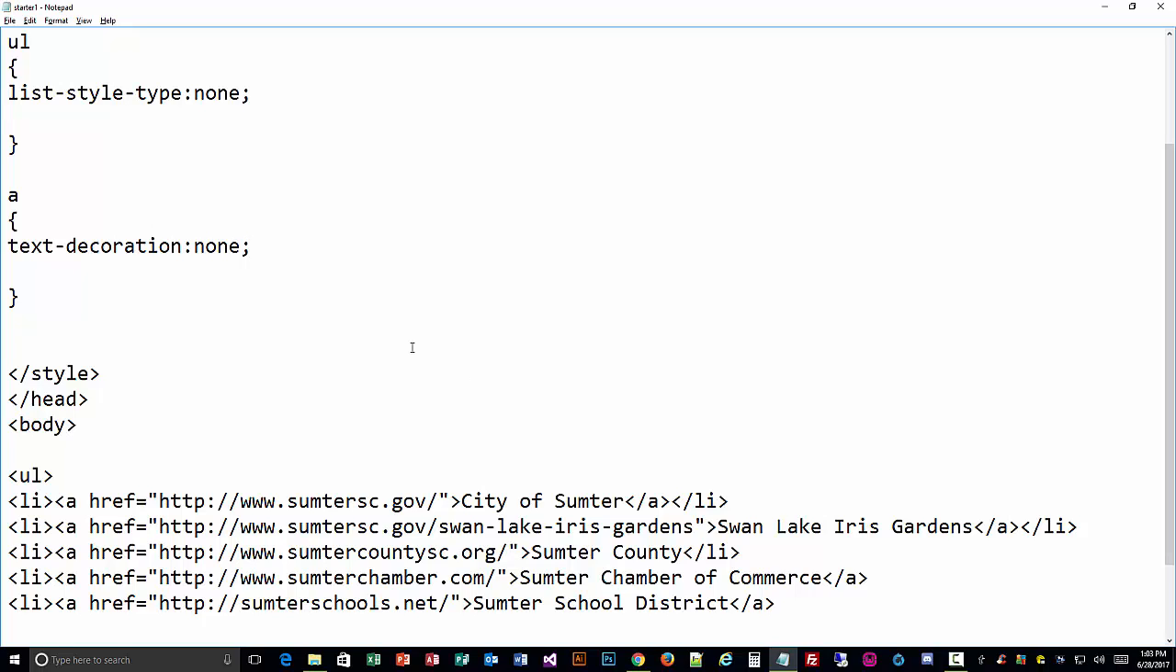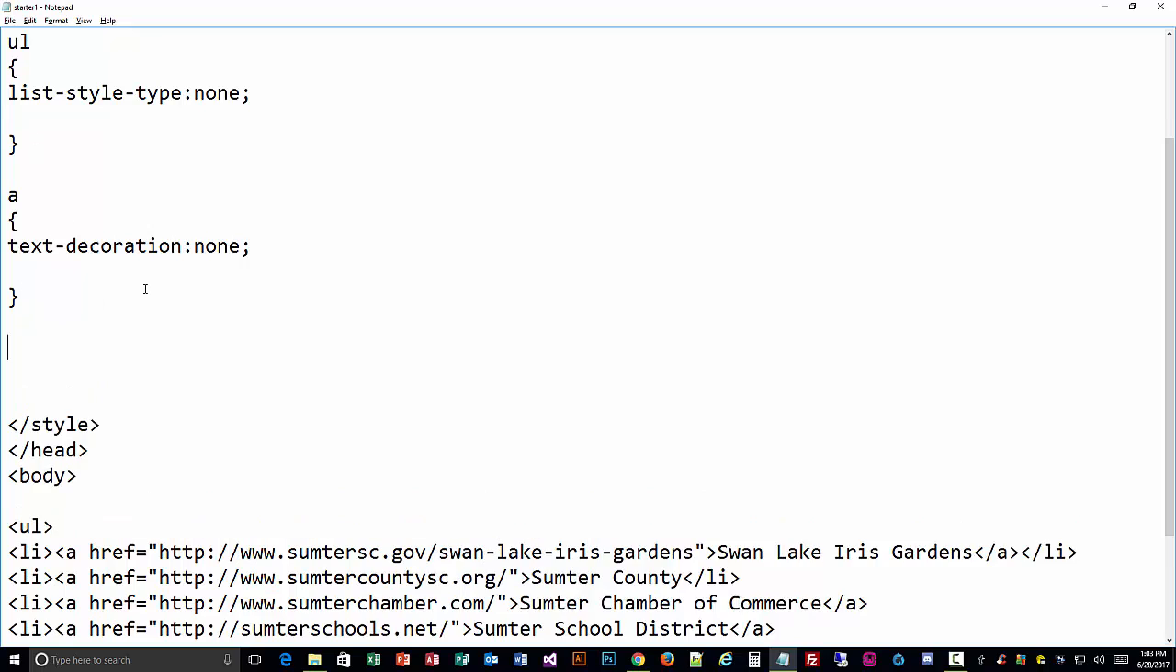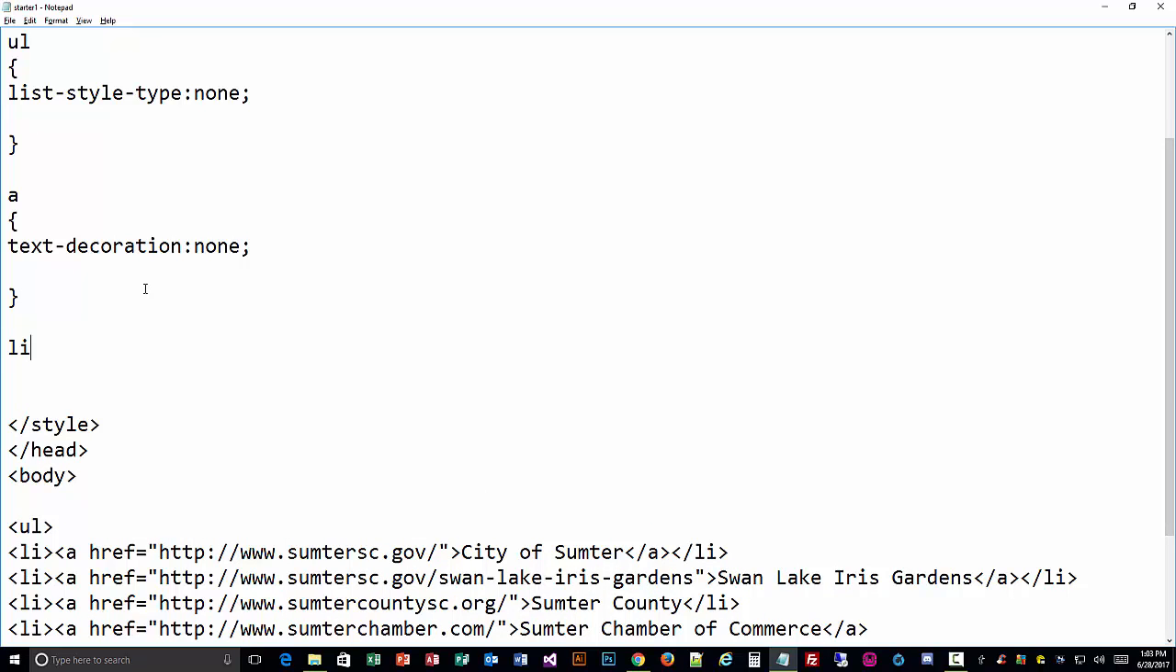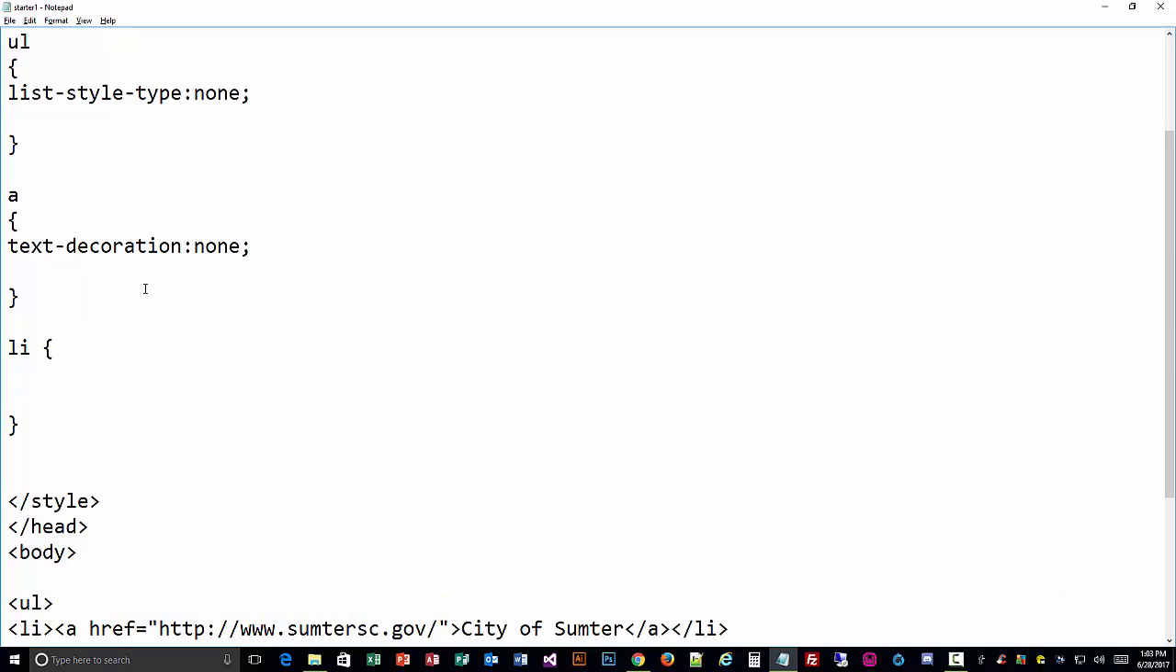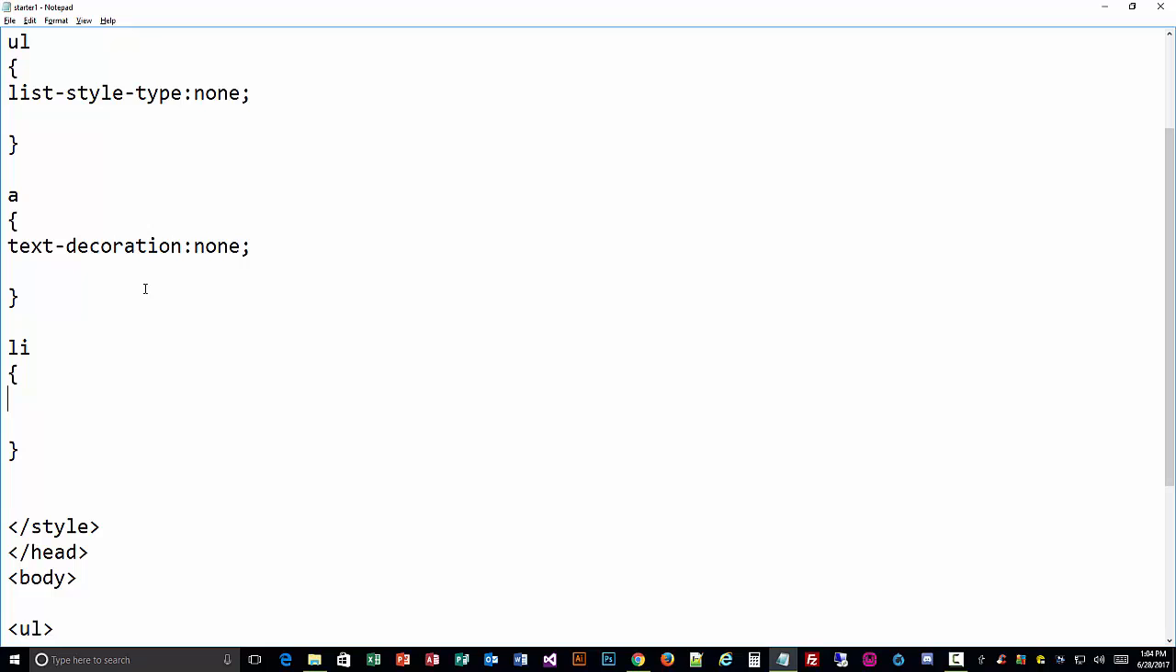I'm trying to remember where it is. I want to say it's on the UL tag. The next might be an li tag. I think it might be an li tag. I think we have to add an li selector. We'll see in a minute. Use our li selector. Let me change these a little bit. And we are going to put